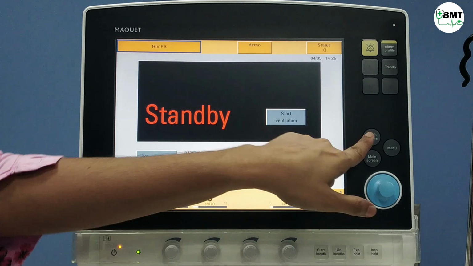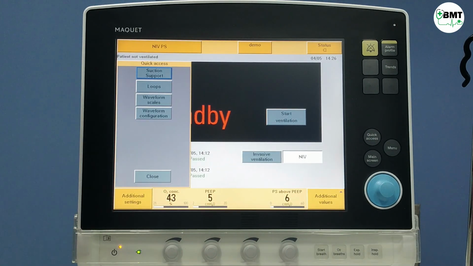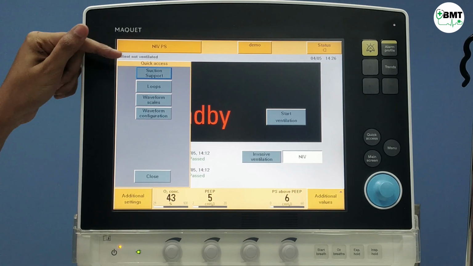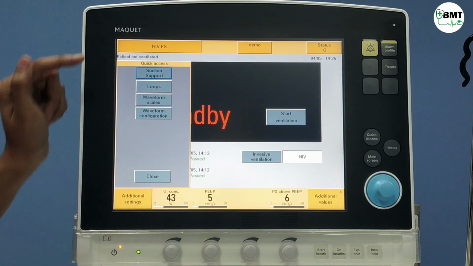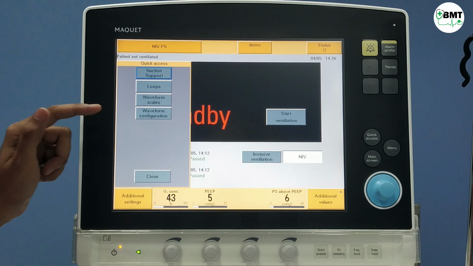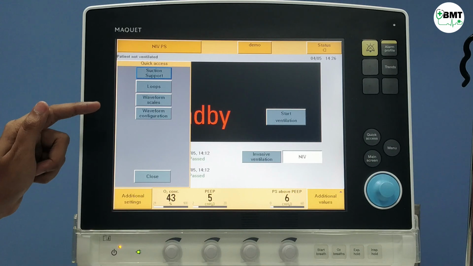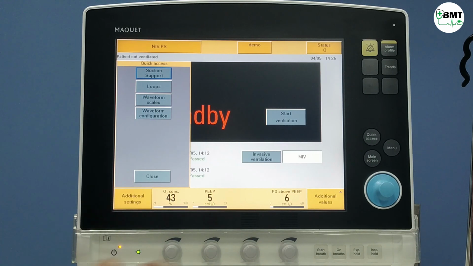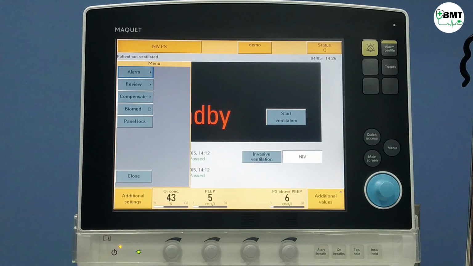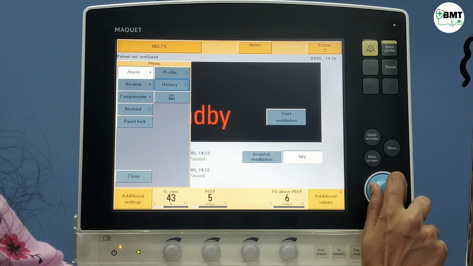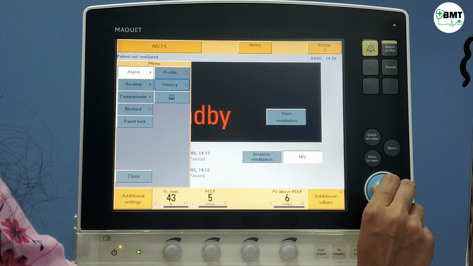Then next is the quick access key. Here, if the patient needs suctioning, these are a few buttons, suction support, you can use at that time. Then loops, waveform scales and waveform configuration. All these things are in your quick access key. Then menu, you can see the alarms, history.